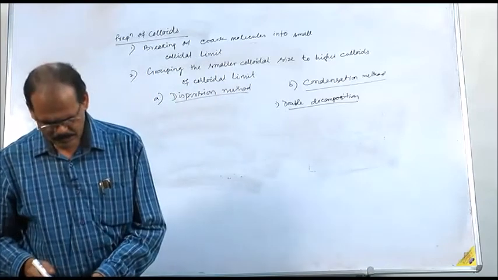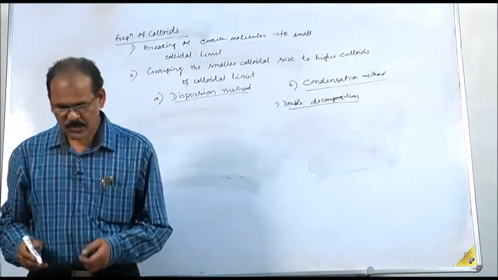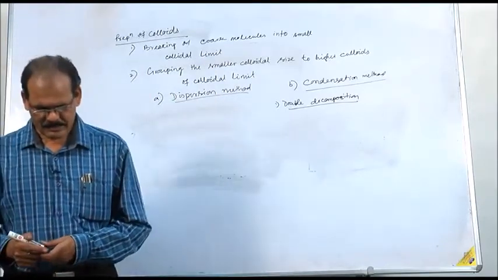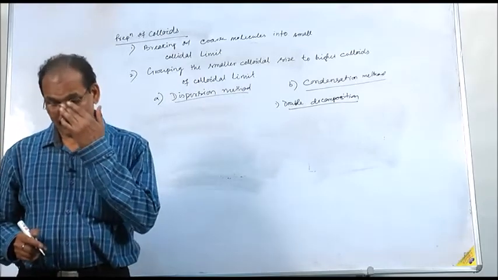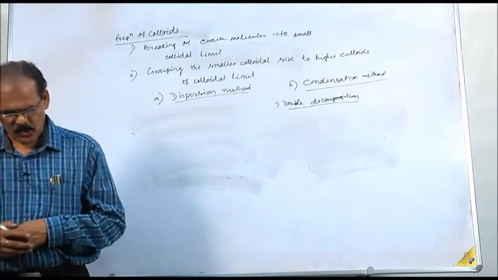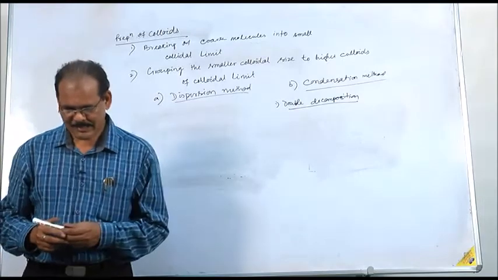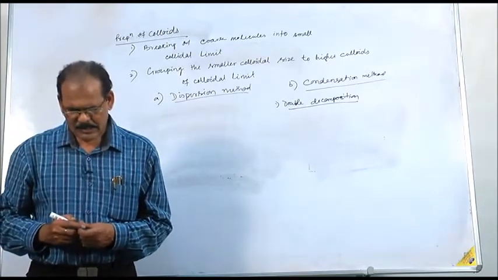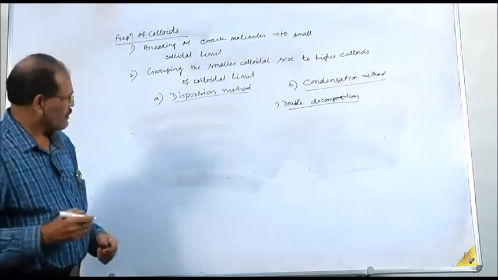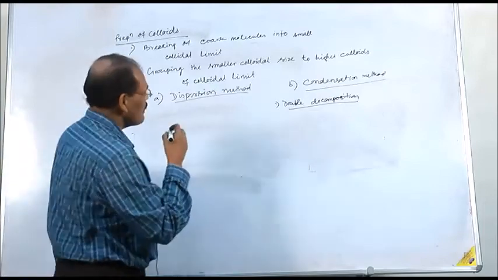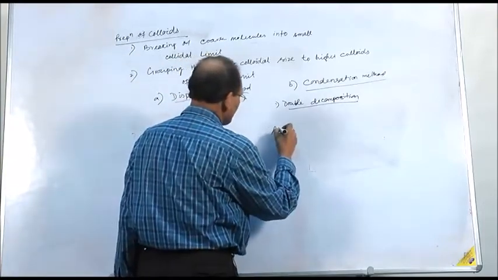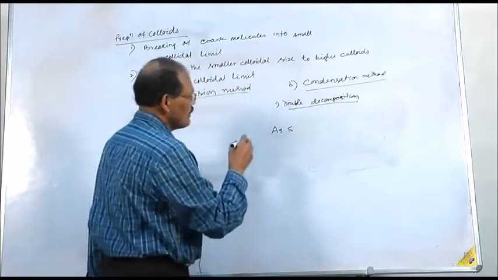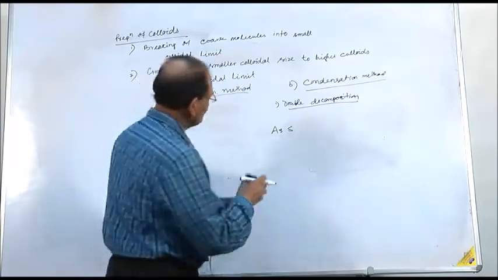In this case, what happens? A sol of arsenic sulfide is obtained by passing hydrogen sulfide through cold solutions of arsenic oxide in water, so forming the colloids. So arsenic sulfide is forming from the arsenic oxide